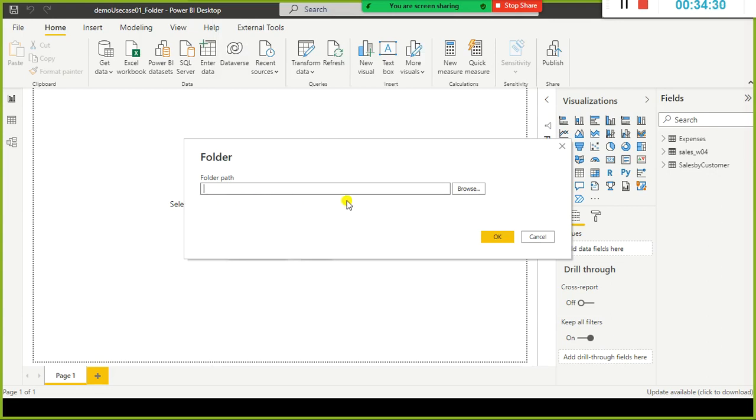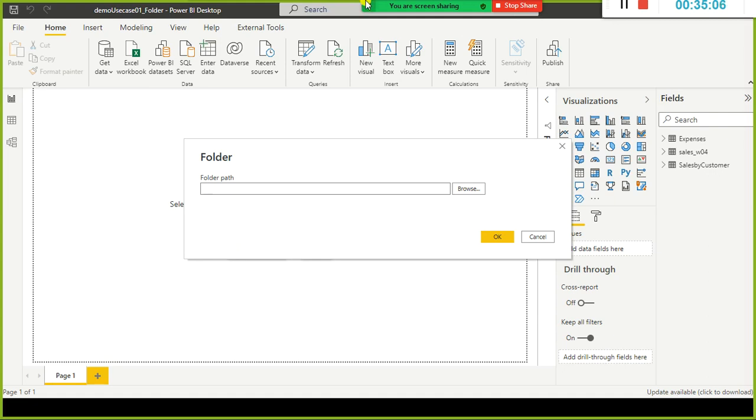If you give the folder path here, whatever files you stored in a specific folder, all the files will get picked up automatically. Then what you do is you can combine all the files. For example, I put 3 or 4 files under a folder named ABC. In that folder ABC, I'm going to keep 3 files. What will happen is it will pick up all the files in one go.